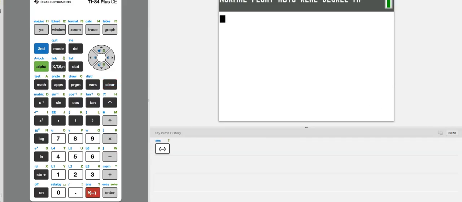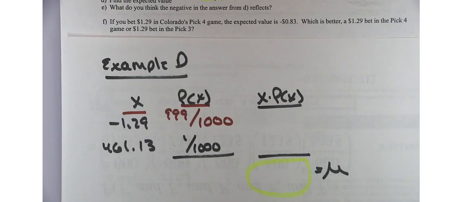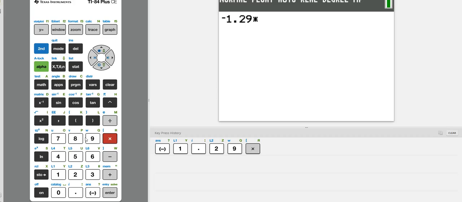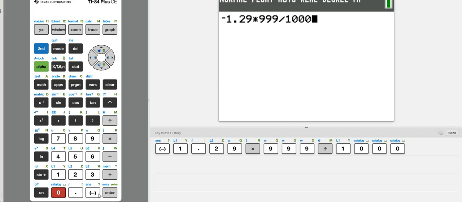So negative 1.29 times 999 divided by 1,000. Let's do that. 999 divided by 1,000. And I get negative 1.28871. So let's do that here. Negative 1.28871. For the other one, that's going to be a little easier. It's going to be